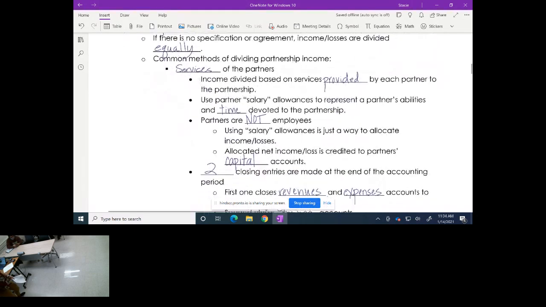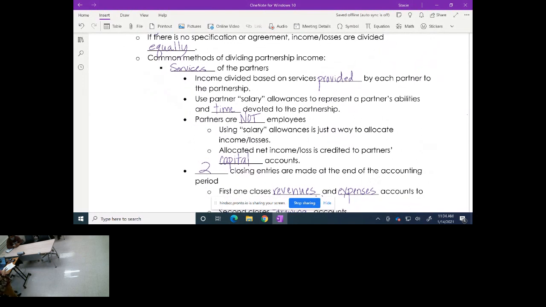All right. So there's a couple of ways that they'll allocate, that they determine who gets what. One way is services of the partners. So if you're going into partnership with somebody and,